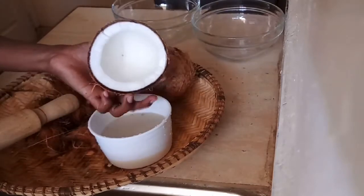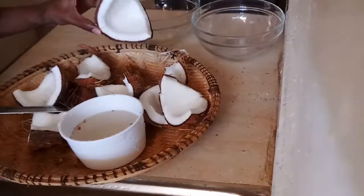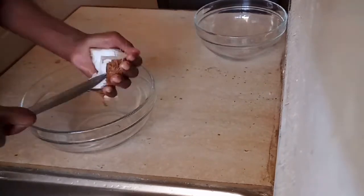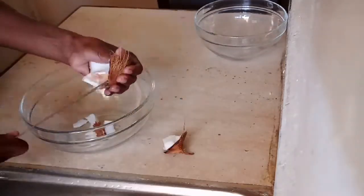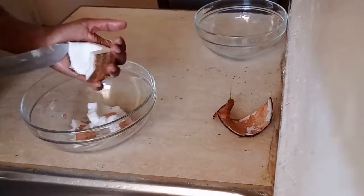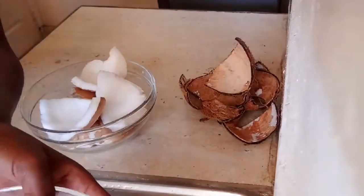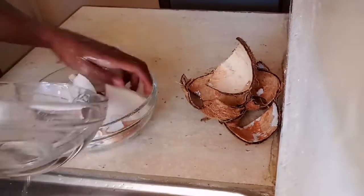Use a hard item like I'm using here, or you can just break them on the ground, like burst them. Whatever method you use, just break the coconut into smaller pieces, and that's to enable you to remove the coconut meat easily. Use a blunt knife and be very careful not to cut yourself. So remove all the meat from the nut, like I'm doing here